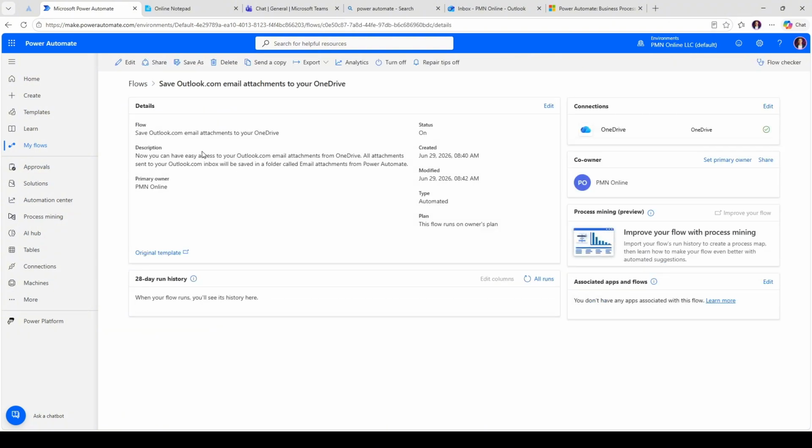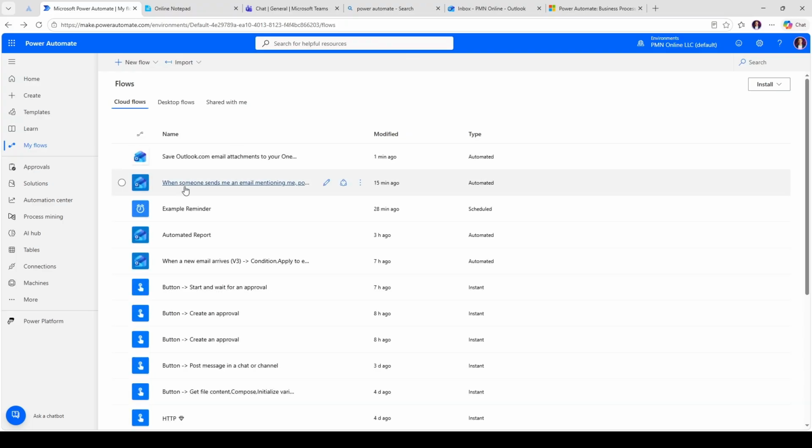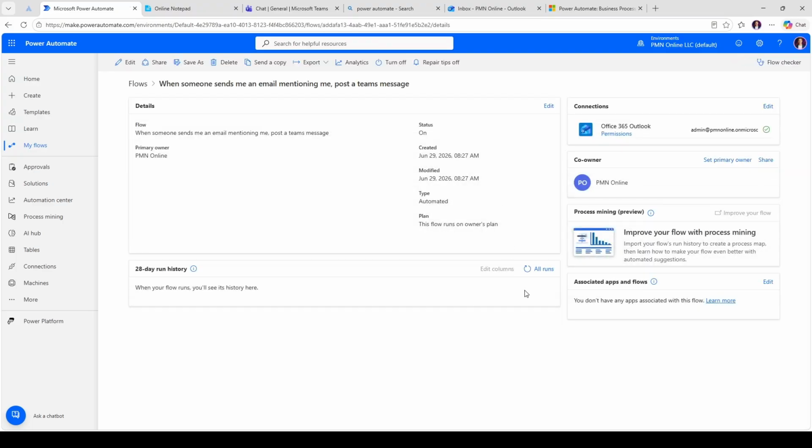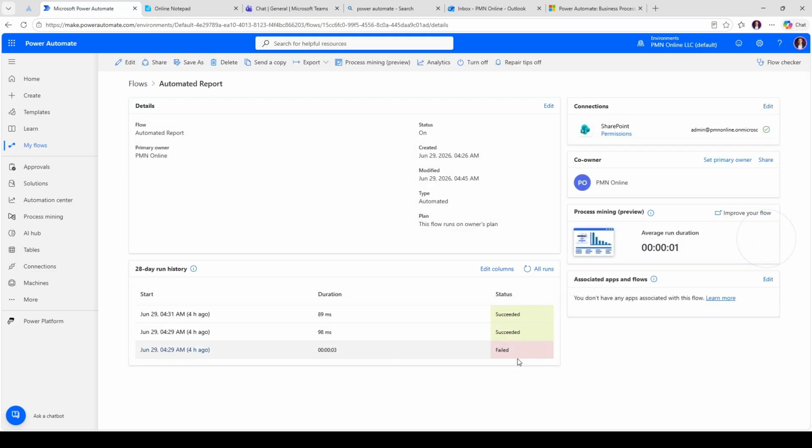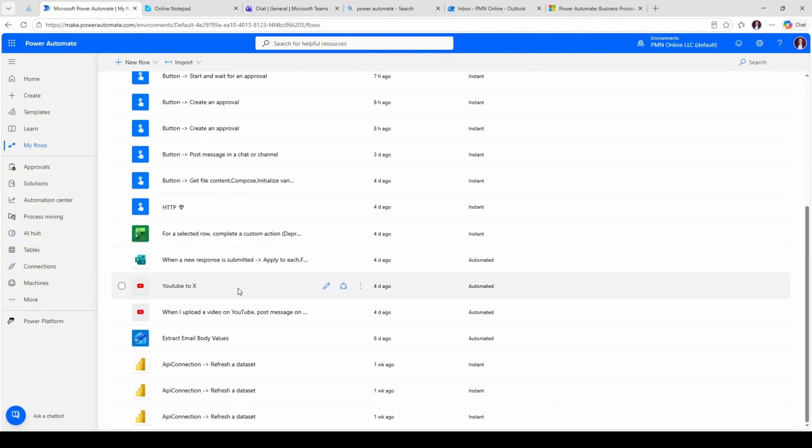Understand triggers and actions. Make sure you understand what triggers your flow and what actions follow. This clarity will help you troubleshoot any issues. Use descriptive names. When creating flows, use descriptive names to easily identify them later. Start simple. Begin with simple flows to get comfortable with the interface and logic before moving on to more complex